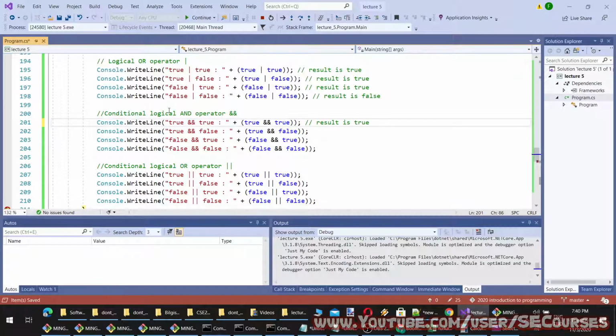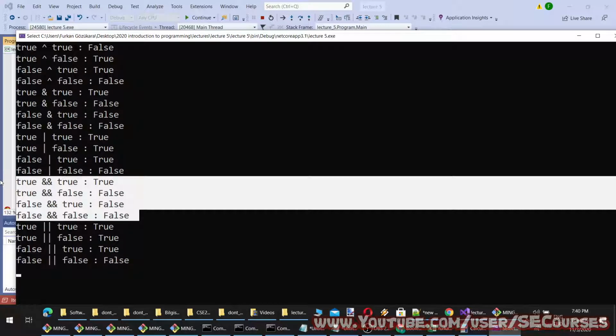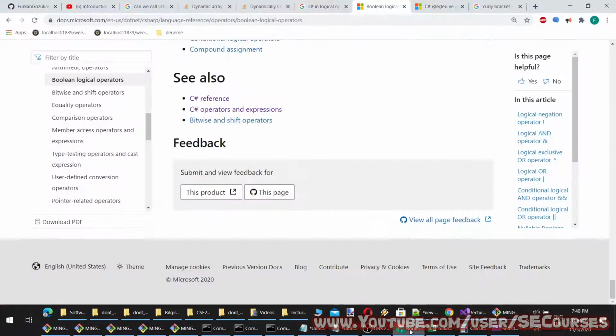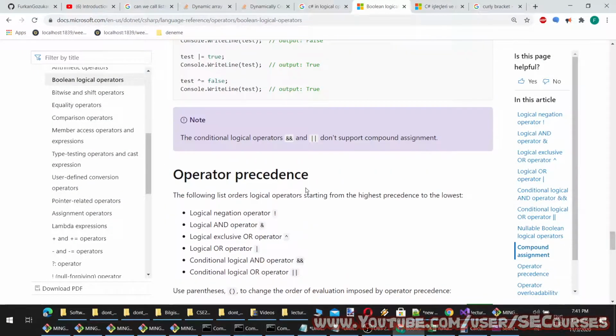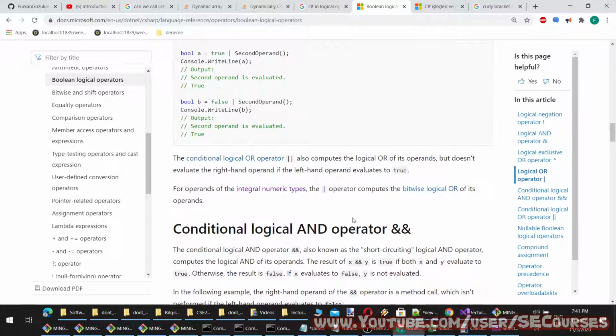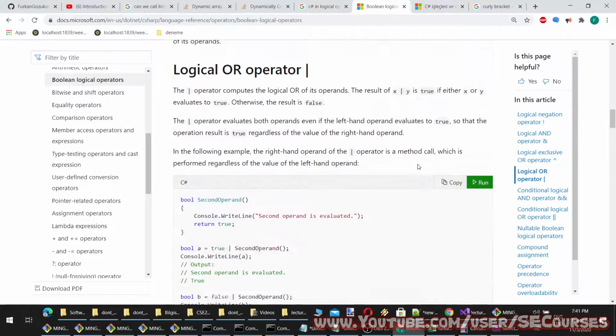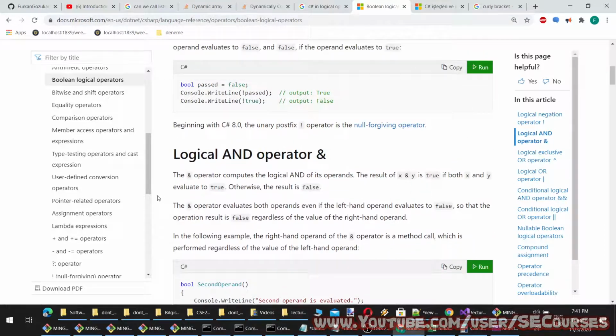Then there is the logical and operator. So what do you expect to see here? True and true is true, true and false is false, false and true is false, and false and false is true. So what is the difference between and? Okay, it is hard to say.